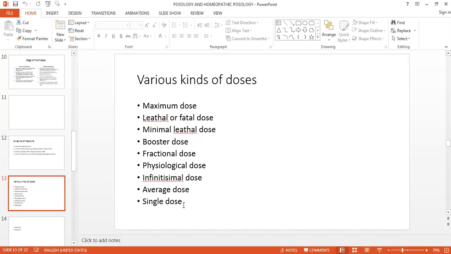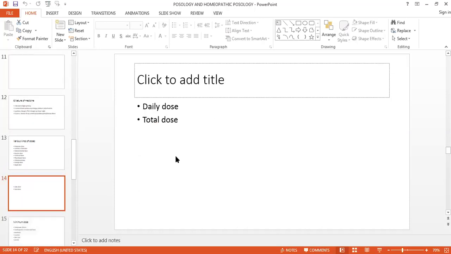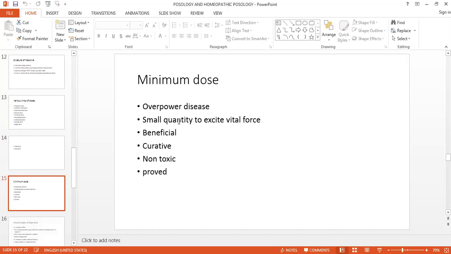Single dose we are giving, then daily dose and total dose. This is nothing but the total of the doses that we have prescribed to the patient. Then we have seen the importance of the minimum dose. The minimum dose means giving only as much dose so that it can overpower the disease. It should always be in a small quantity to excite that vital force, the energy inside us, the vital force,